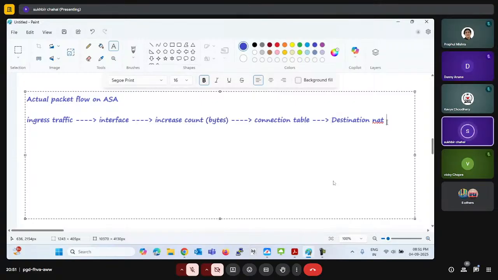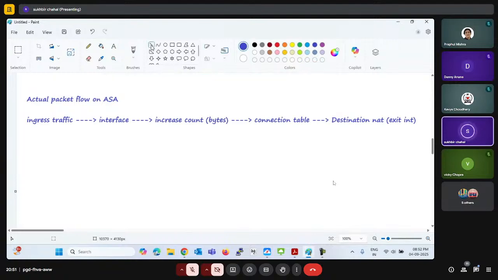Why? Because the firewall always gets to know about your exit interface through the destination NAT, because in the destination NAT you know which is your exit interface. So it will give you information about the exit interface, and the exit interface means this is the interface from where you will reach your route, right? So after that, if you have checked that destination NAT,